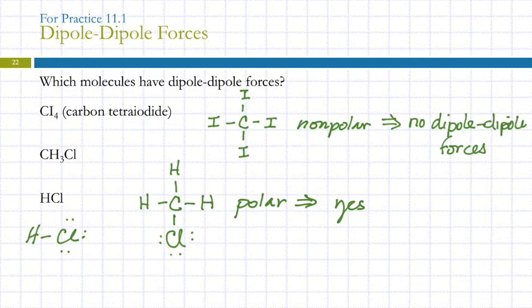Is there a central atom? No. But there's only one bond. Is it a polar bond? Do hydrogen and chlorine have different electronegativities? Yeah, they do. So, rule of thumb again, when you're predicting if a bond is polar or nonpolar, are the two elements the same? No. Then it's